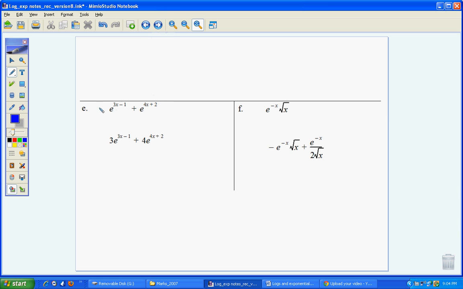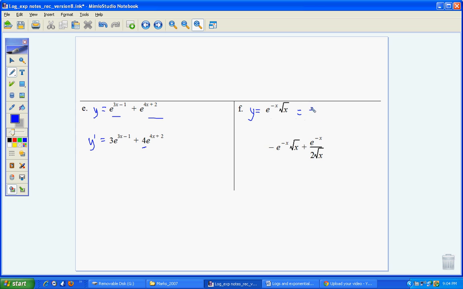So again, two separate terms with this one, so we need to derive them separately. So that's our y. The derivative of e to the 3x minus 1 would be 3, because that's the derivative of 3x minus 1, times e to the function. And then e to the 4x plus 2, derive 4x plus 2 is just 4. That's times e to the function. This one,